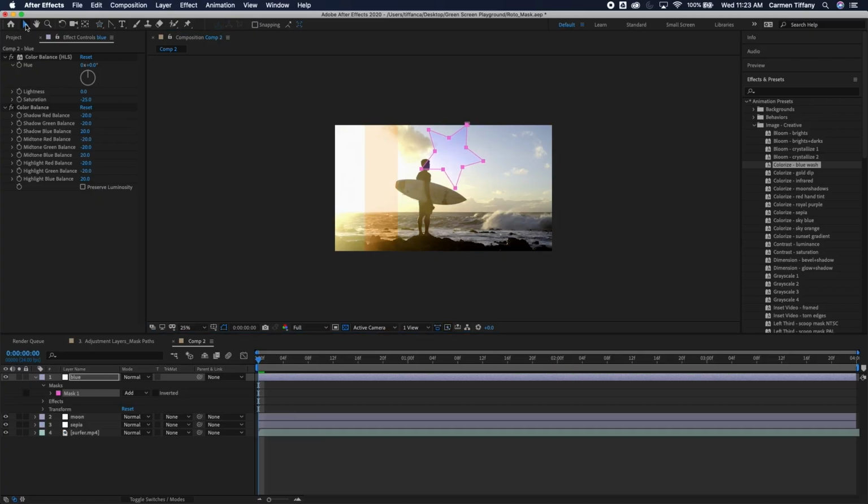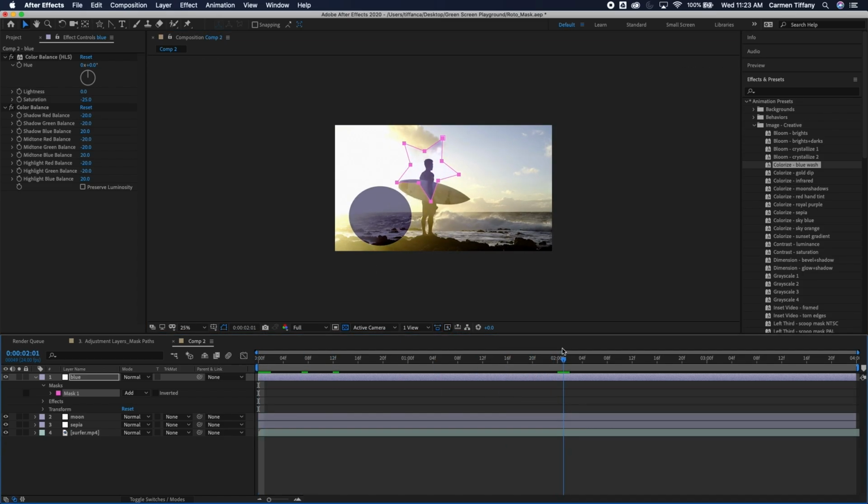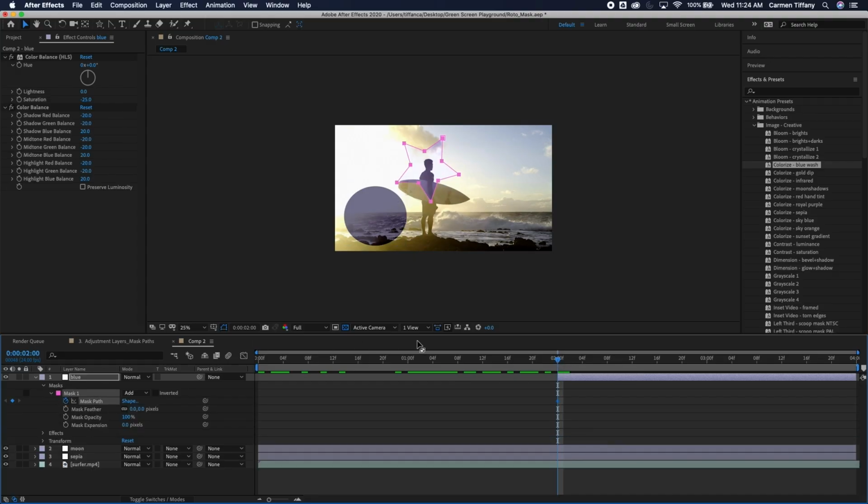So I'm going to drag this and place it somewhere. Let's say maybe here. I'll start it here. And let's say I don't really want this to start until we get to 2 seconds. So I'm going to drag that over. And then for the mask itself, I'm going to toggle on the clock for the mask path. And I'm going to manipulate that so that it kind of moves in a whole bunch of directions. So I'm going to have it move around for 1 second to here,